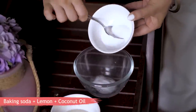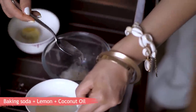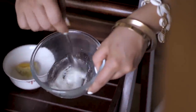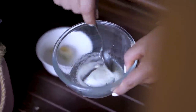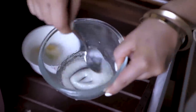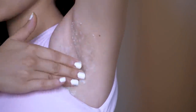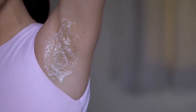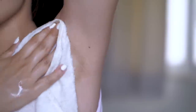What I do is I take a little bit of baking soda, add a little bit of lemon and a little bit of coconut oil in it. Now, because baking soda and lemon both have natural bleaching properties, together the mixture works wonders on the underarm area. I mix it and then apply it on my underarms for about 5 or 10 minutes, and then after that I just scrub it off,